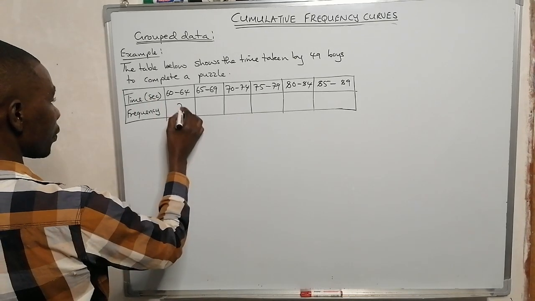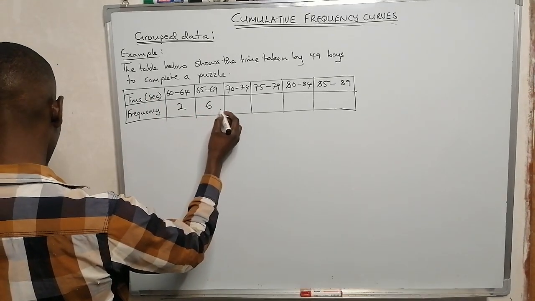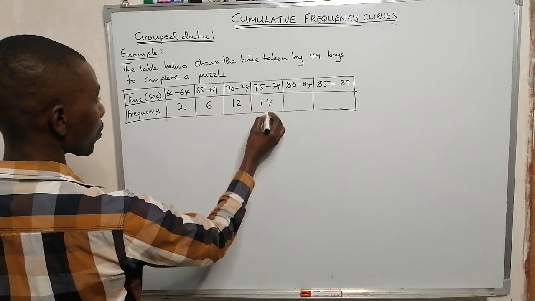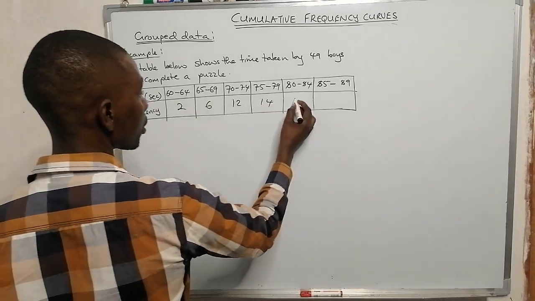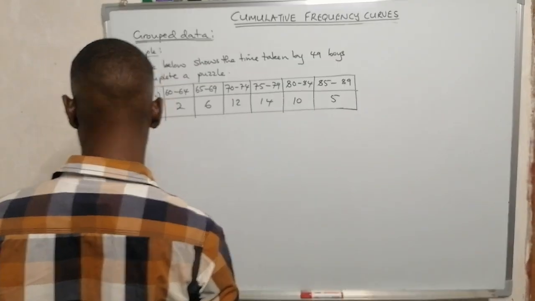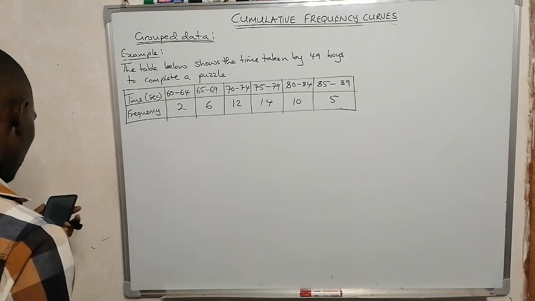Then frequencies we have 2, 6, 12, 14, 10, and 5. Then draw a cumulative